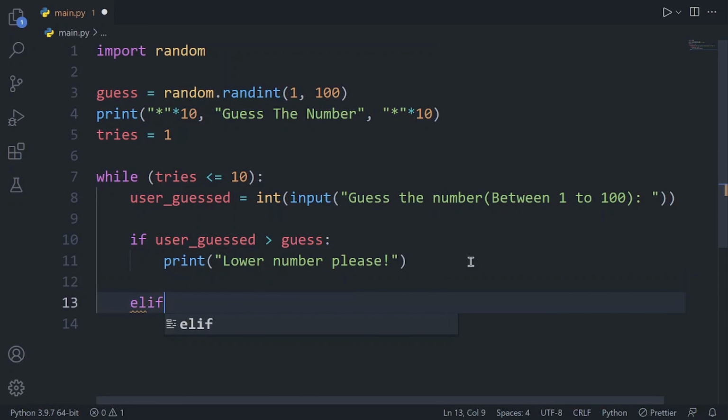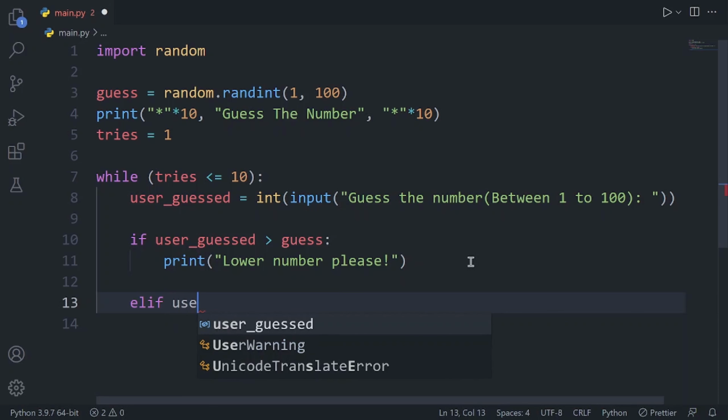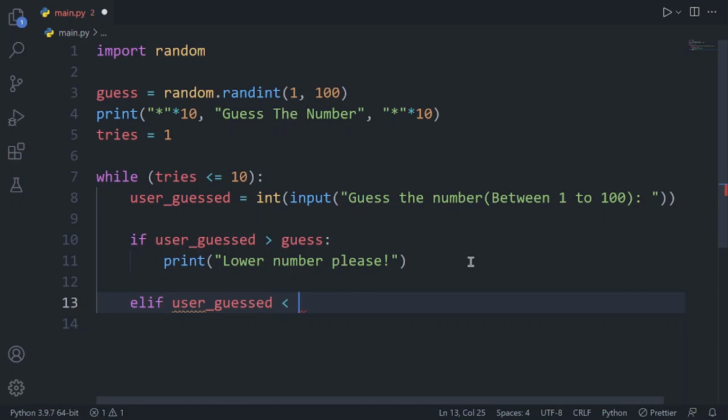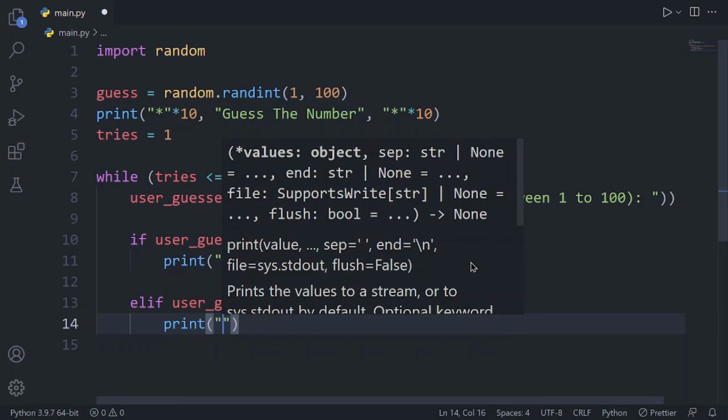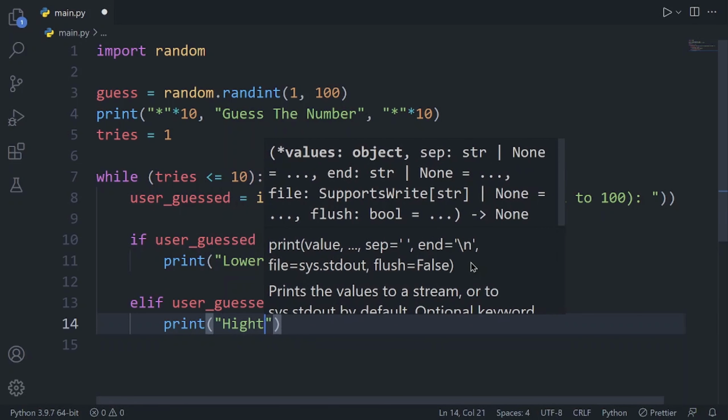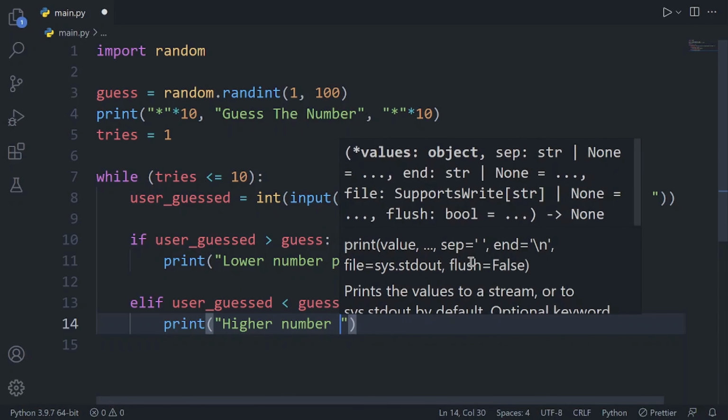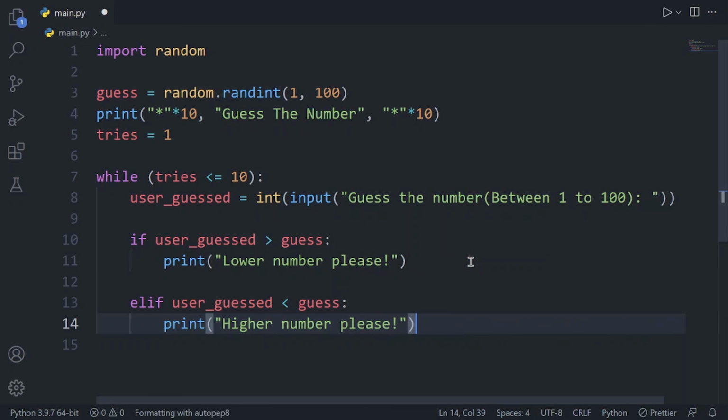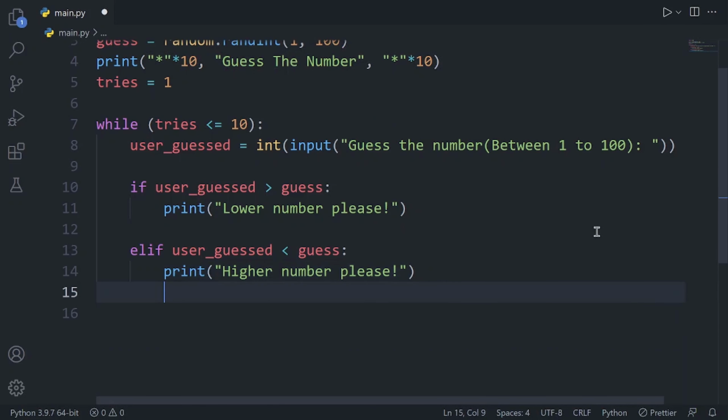Else, if the user guessed is less than the guess, if the user has guessed a number which is less than the actual number generated by the computer, our computer should print higher number please. And then if both of these cases are not met, we should simply print that